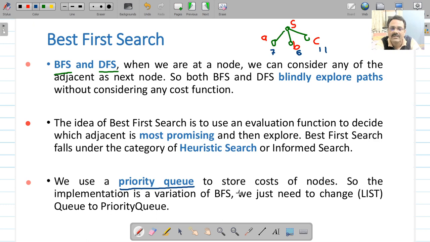In breadth first search we used just a simple list, implemented as a queue data structure, because every time you put the element at the end of the queue. So basically this is how the best first search algorithm functions.